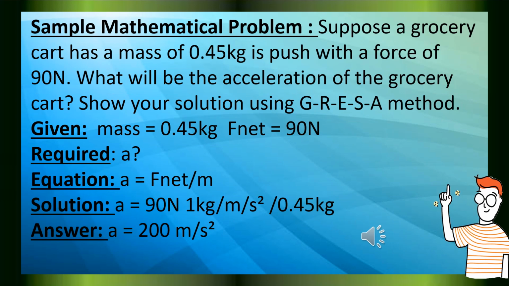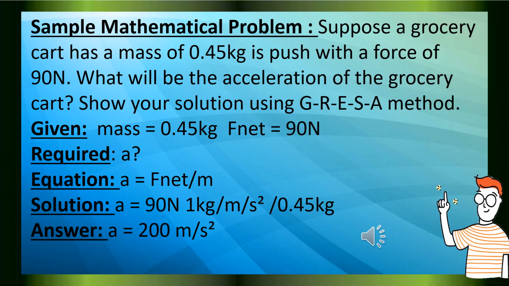Sample mathematical problem. Suppose a grocery cart has a mass of 0.45 kilograms and is pushed with a force of 90 newtons. What will be the acceleration of the grocery cart? Show your solution using the GRESA method. Given: mass equals 0.45 kilograms, net force equals 90 N. Required: